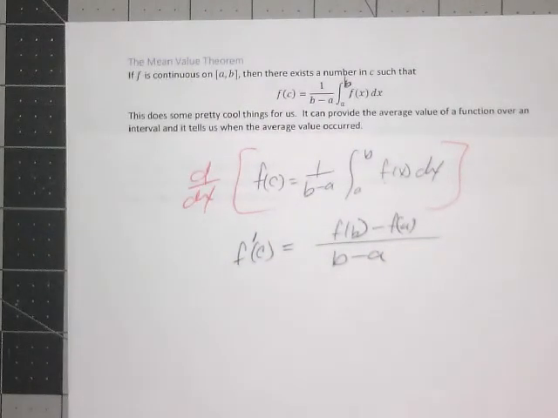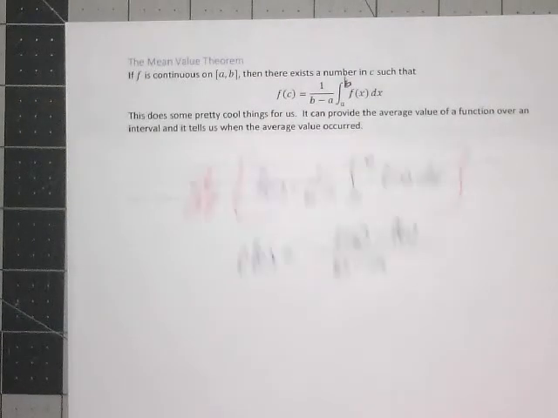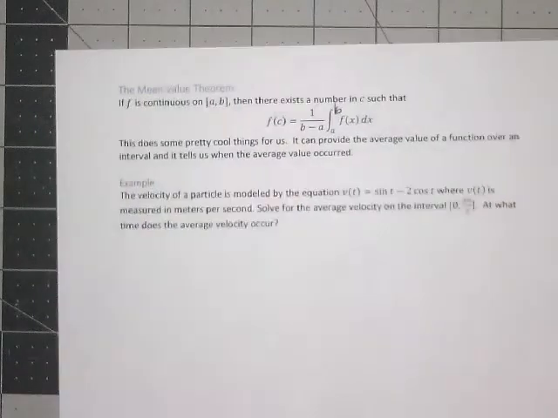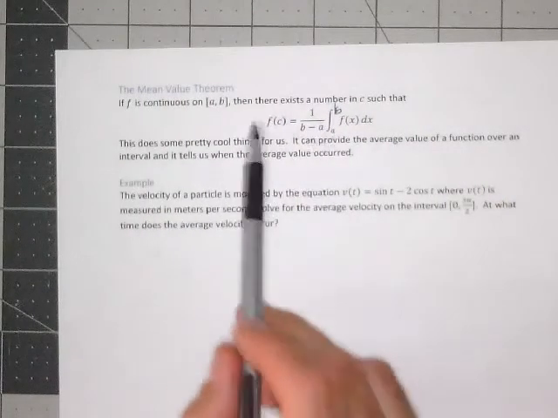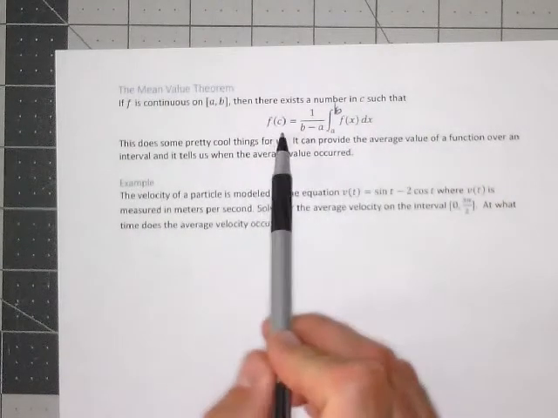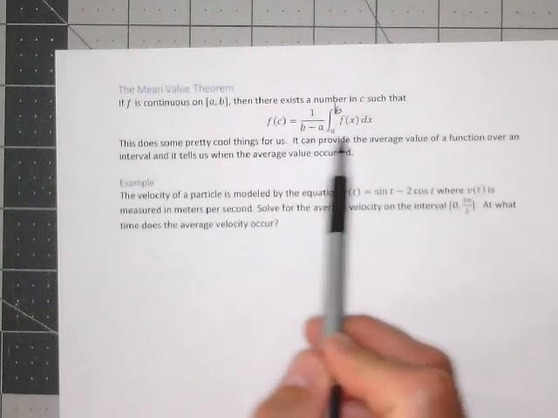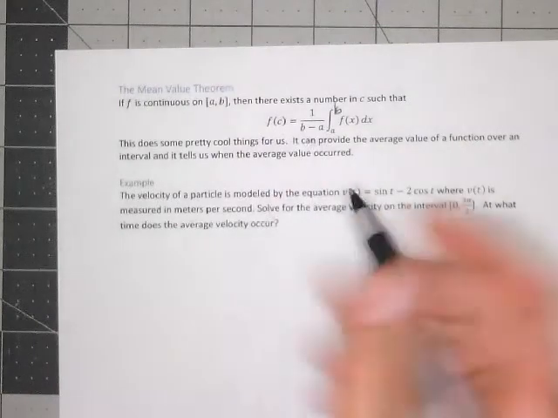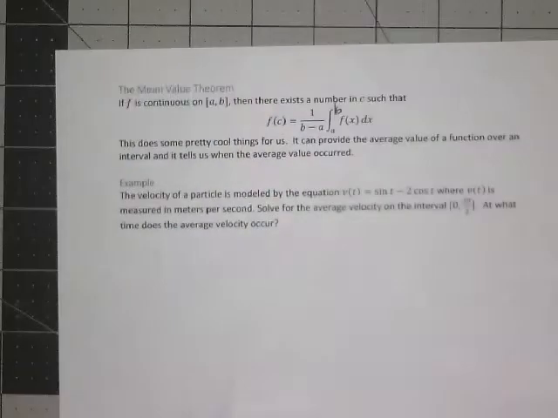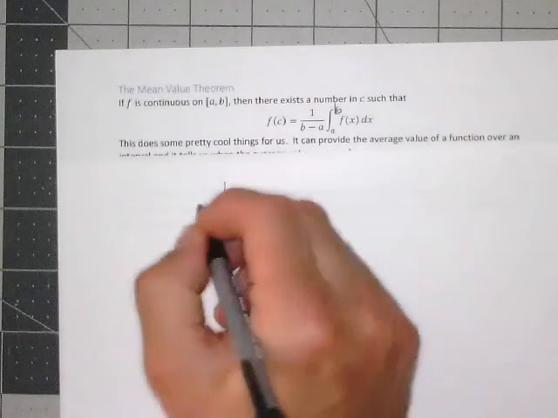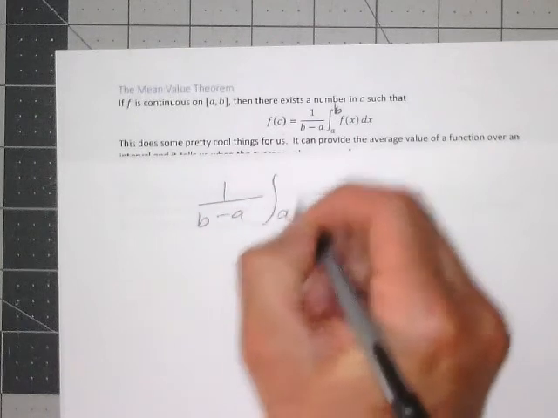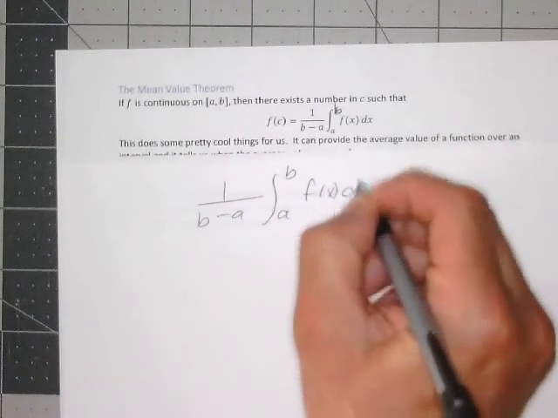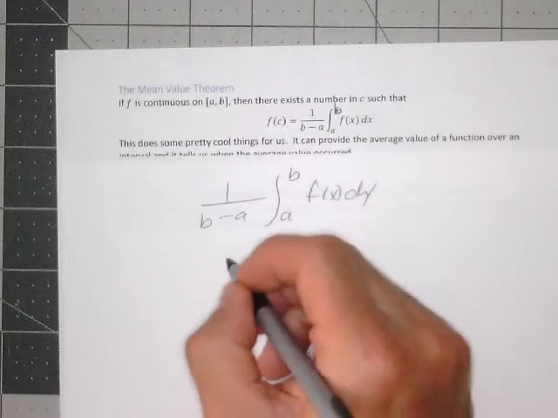We're doing the same mean value theorem that we did earlier. Okay, so it's not really a miracle, it's math. So if f is a continuous function on [a, b], then there exists a number c such that f of c equals 1 over b minus a, the integral from a to b of f of x dx. So this right here, the 1 over b minus a, the integral from a to b of f of x dx, this is the